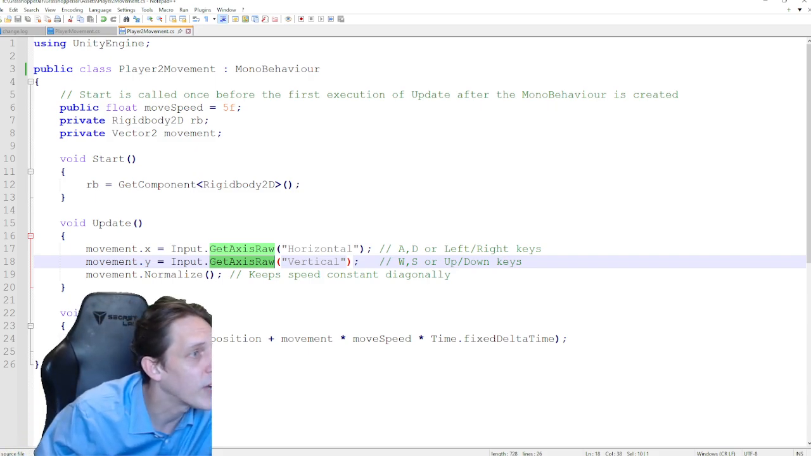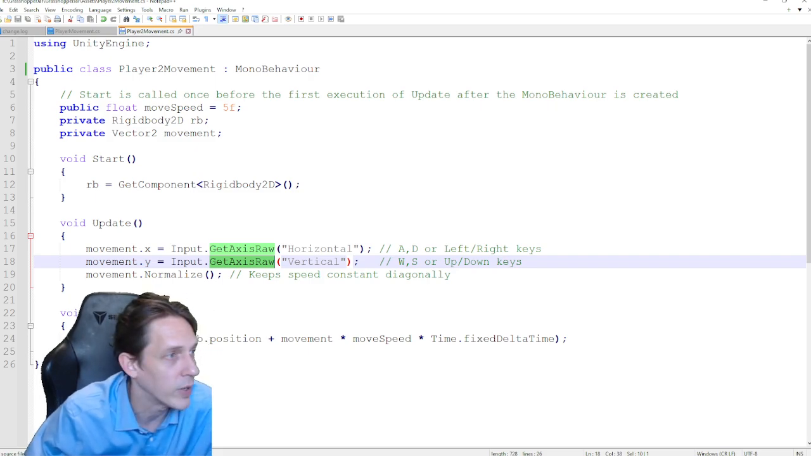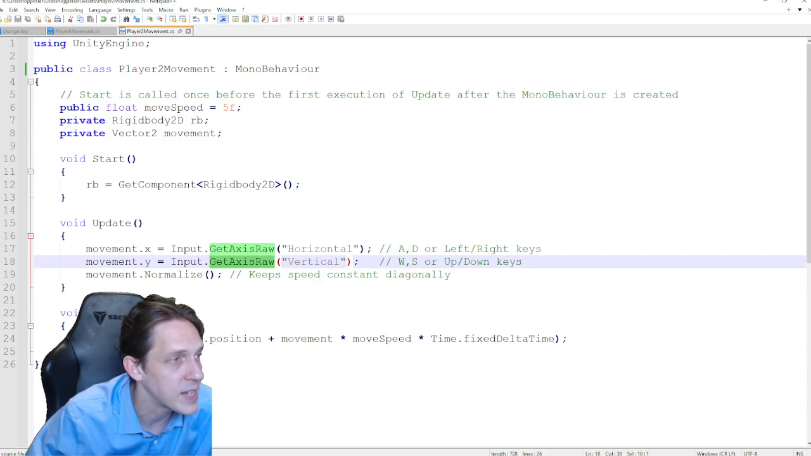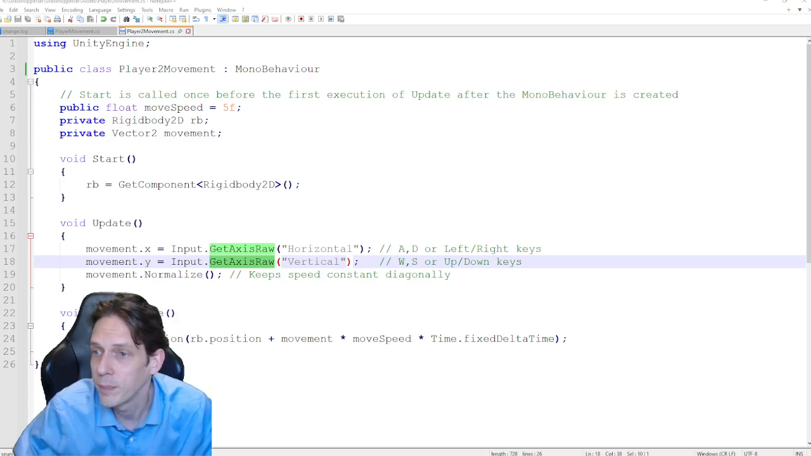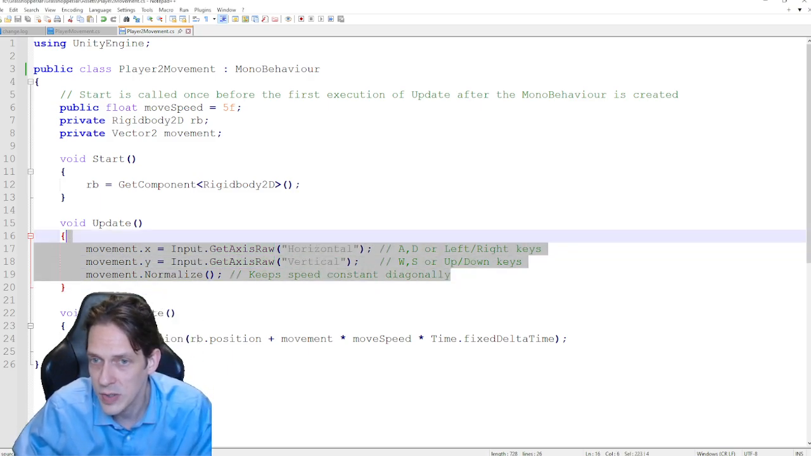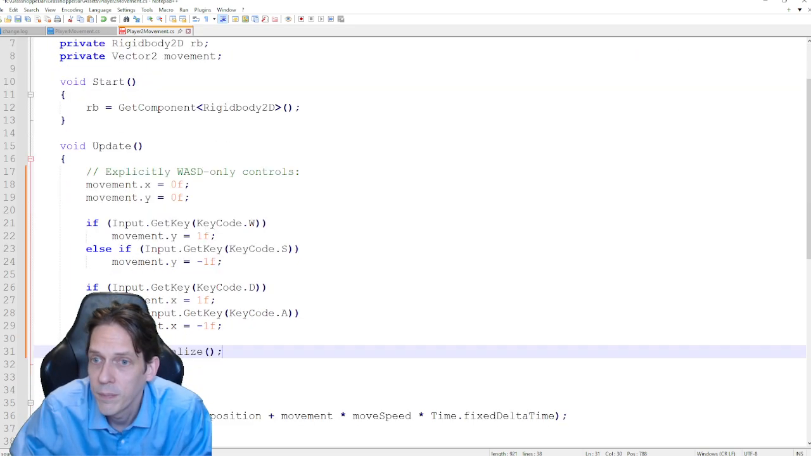So here we've got this modified script, and the update part is the part we have to modify. The rest of it, I believe, stays identical. So, yep, the fixed update stays the same. The only thing different is we have to explicitly map the controls. So let me go in here, and instead of doing this, I'm going to do this. Explicitly WASD only controls, which are